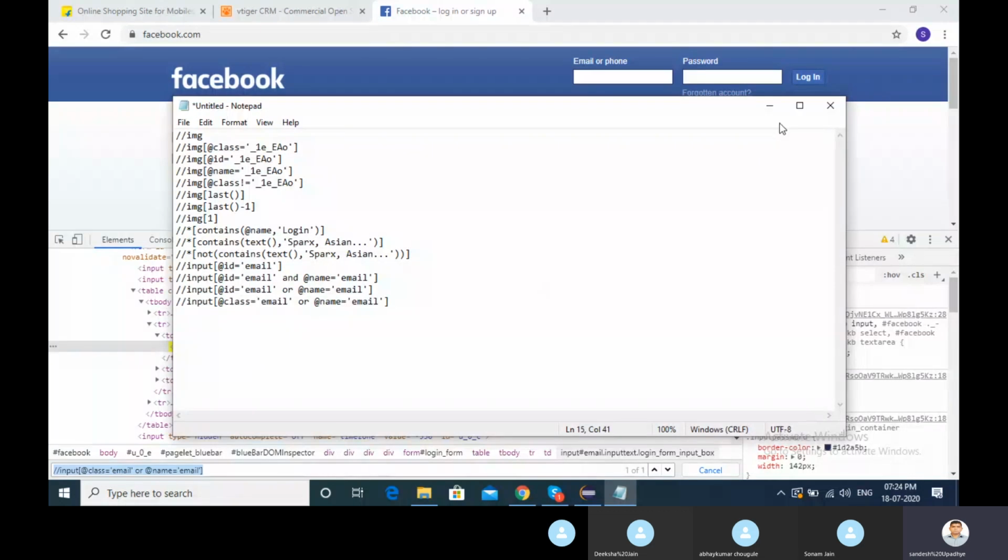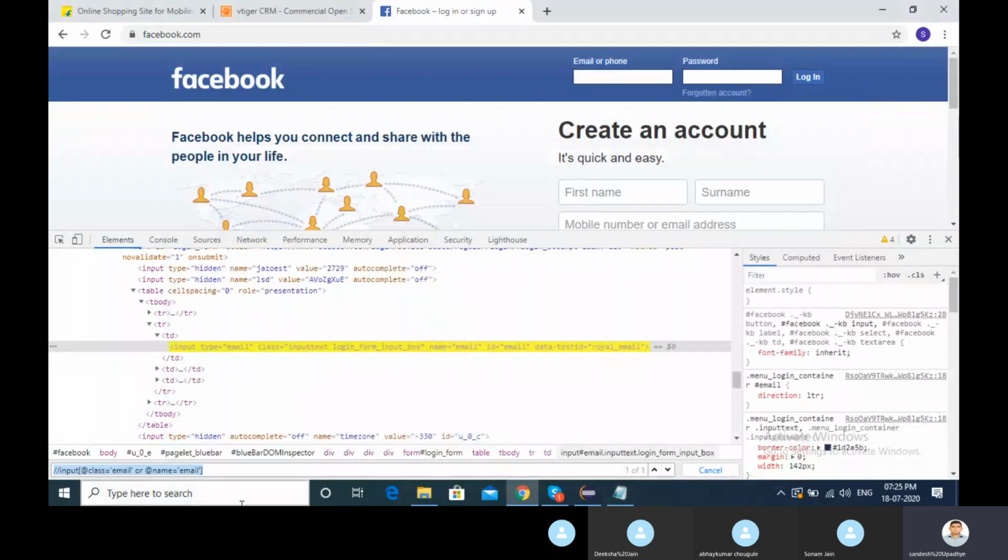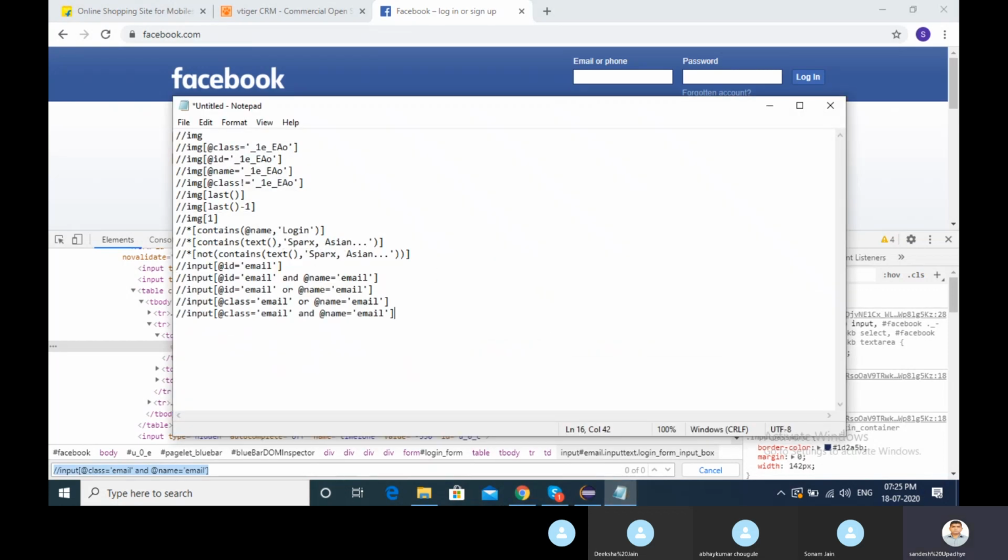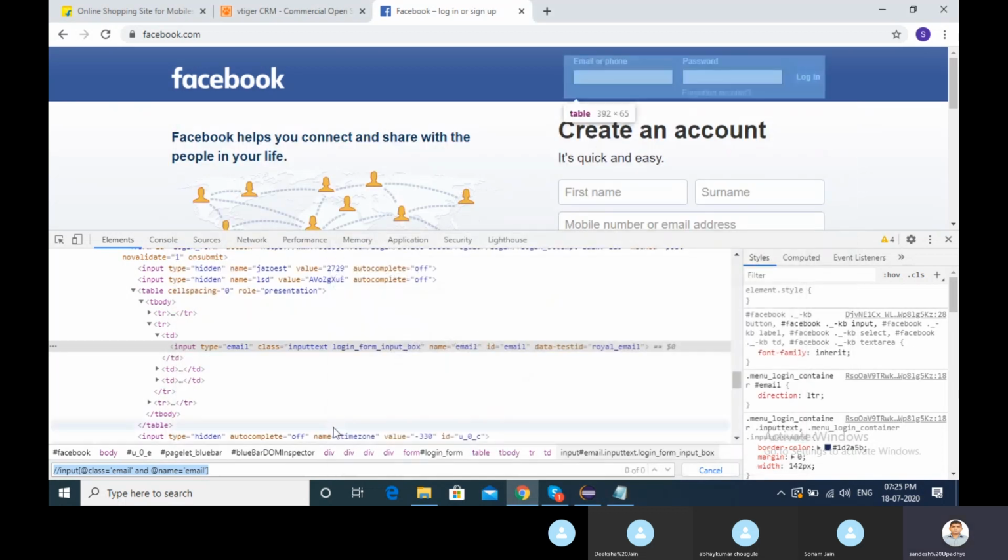Now if I put an and condition, it will not work because the class name is different here. Correct, matching zero nodes.